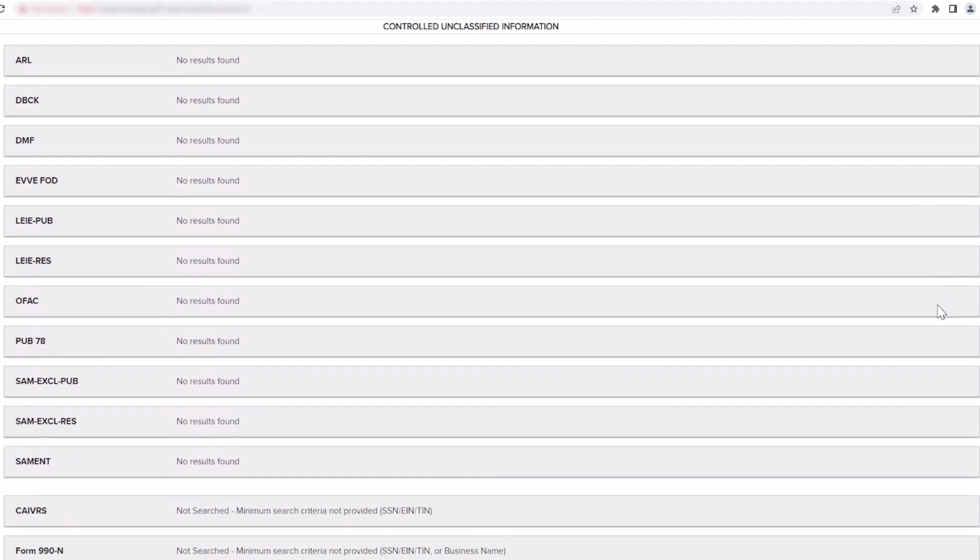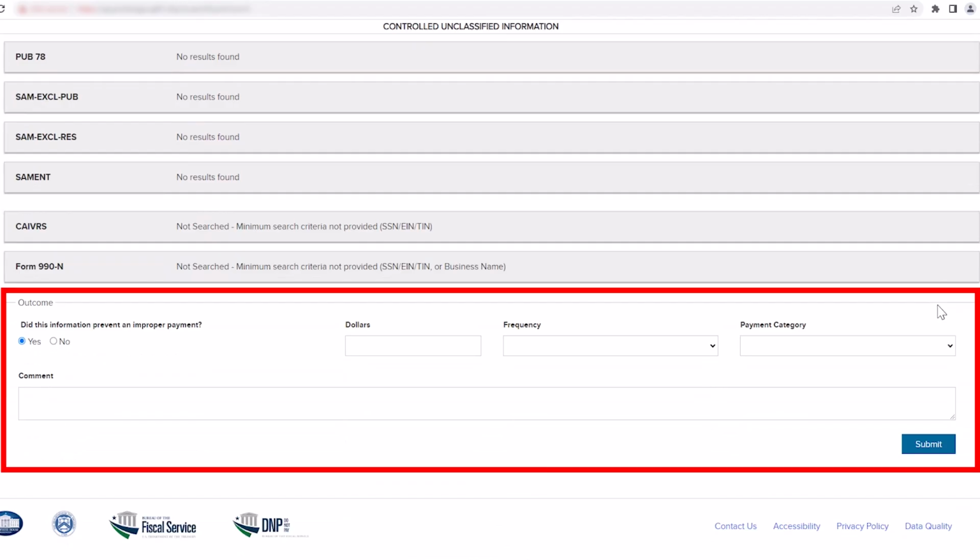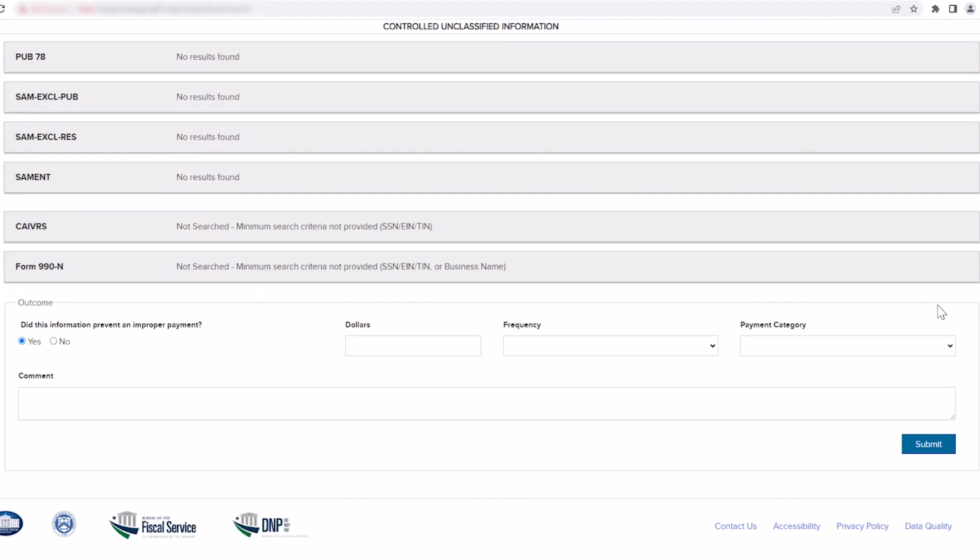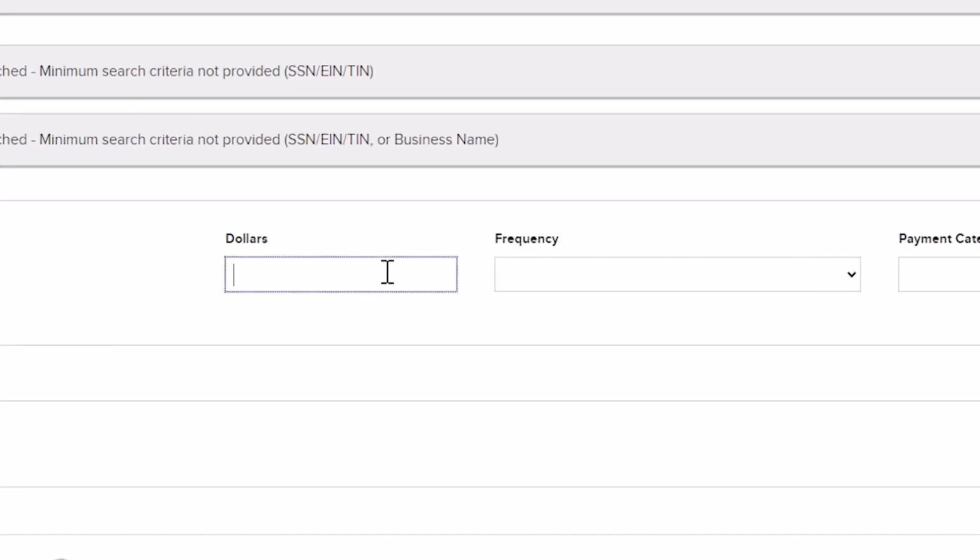If you scroll all the way to the bottom, you will see the Search Outcome section. This box can be filled out at any time during your regular processes for researching matches. You can fill in an amount of the payment that was matched,